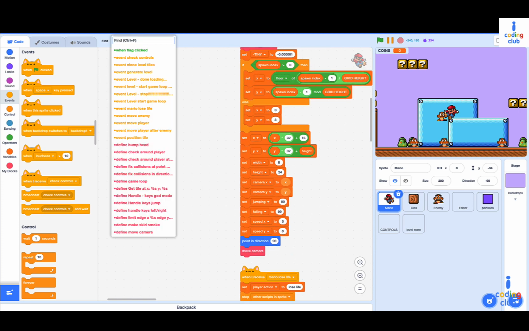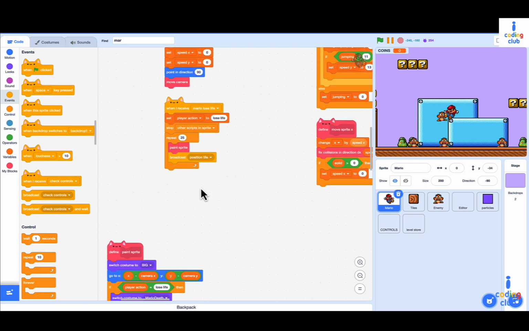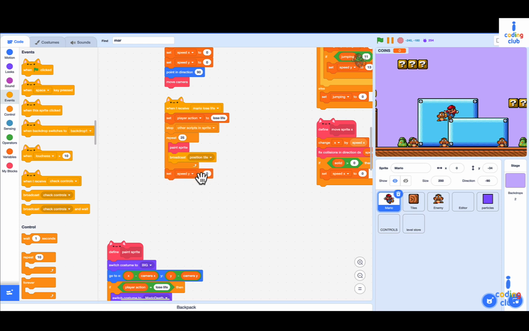And then back to the when I receive, I'm just gonna search Mario lose life. Yep, this one. Set speed Y to 17 and check if Y minus camera Y is less than